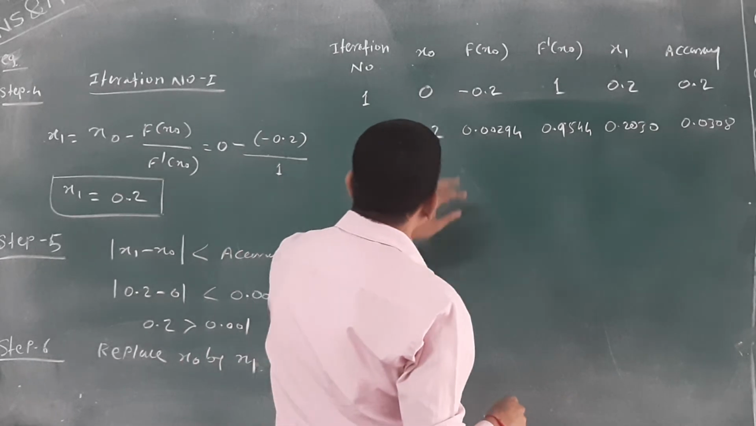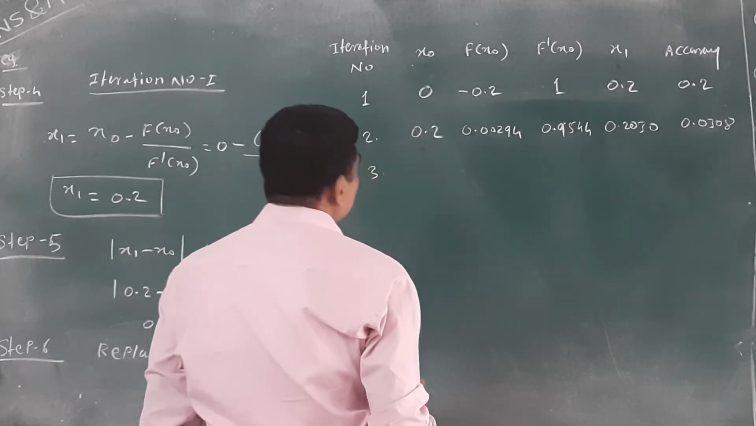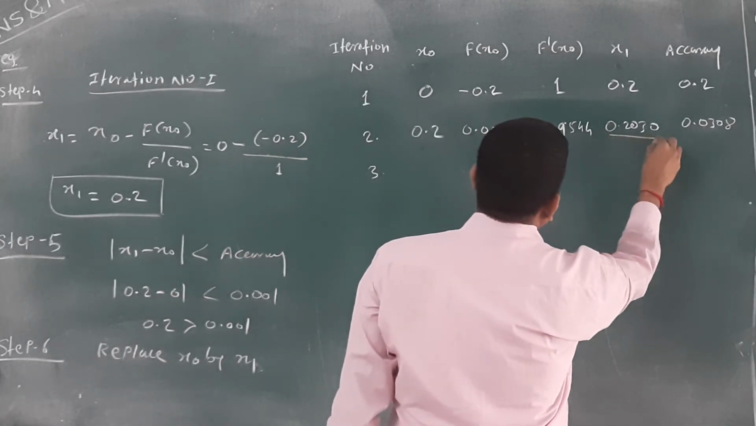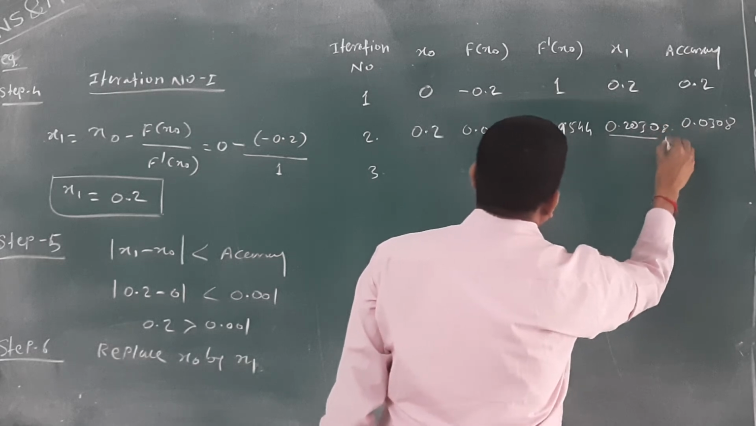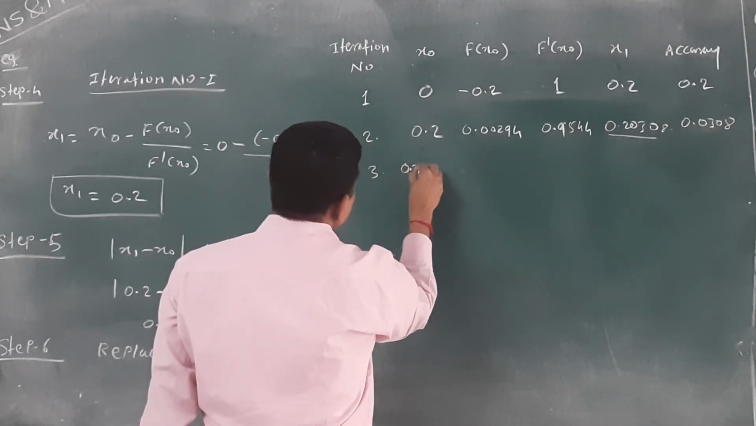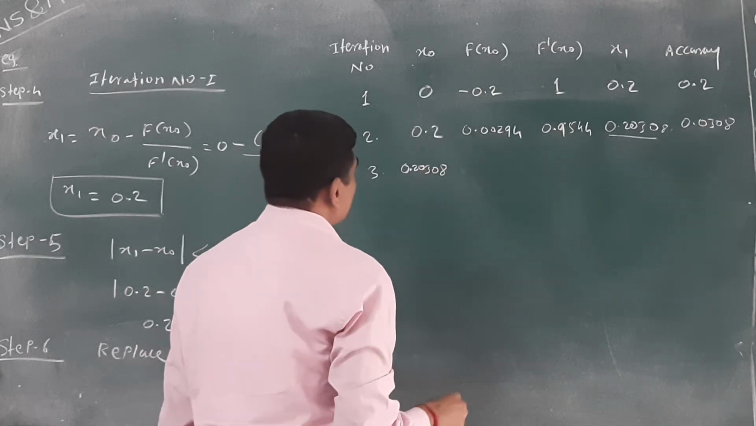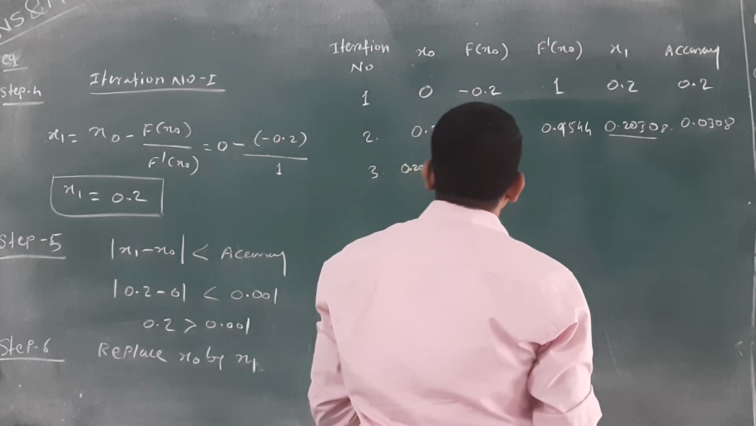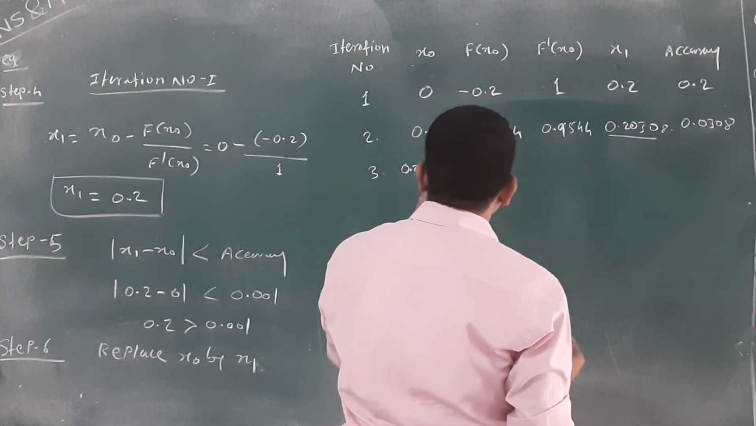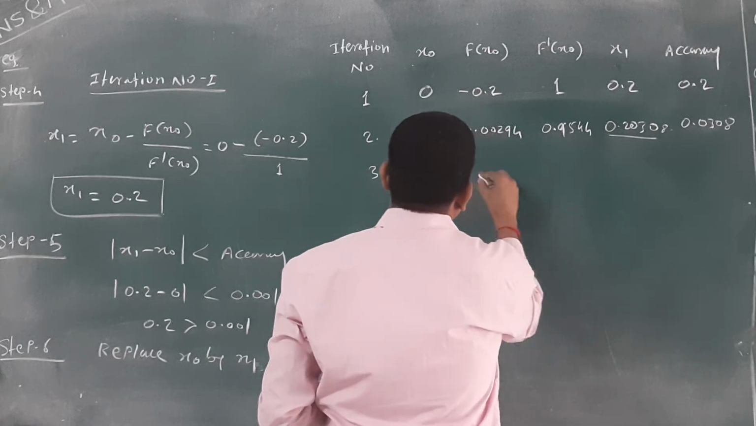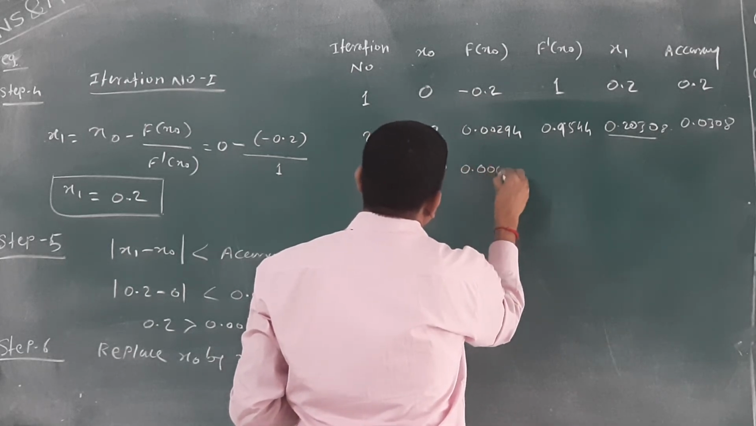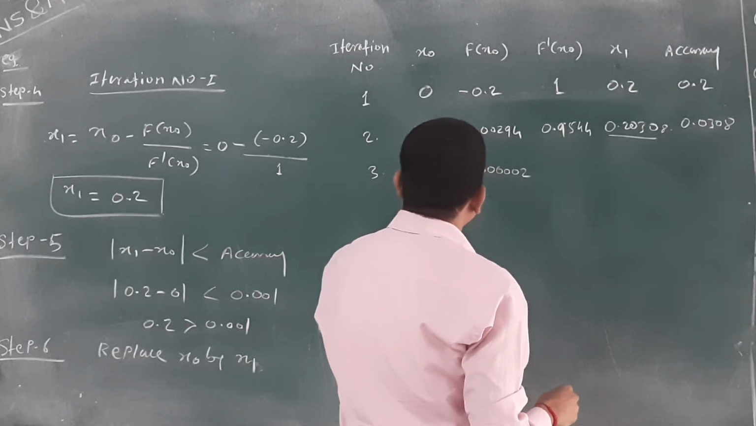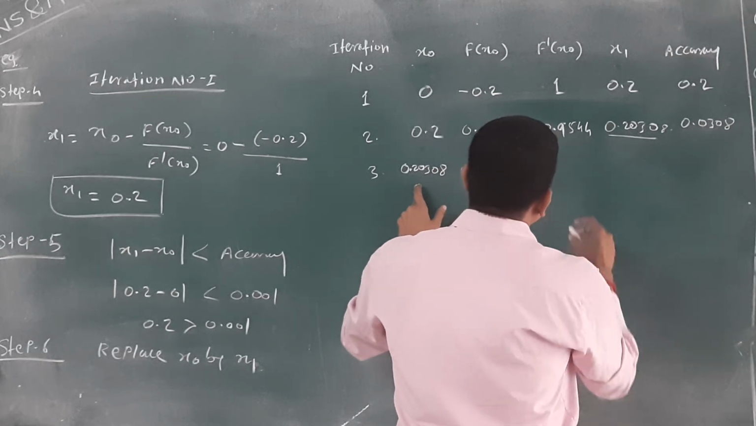Third, how to calculate the third iteration? Again x2 is replaced by x1. What is the value of x2? This one, 0.20308 is there. Then after that you have to calculate f of x0 using equation number 1. When you put this value in equation 1, you will get 0.0005. When you put this value in equation number 2, you will get